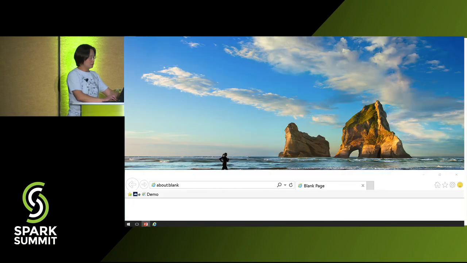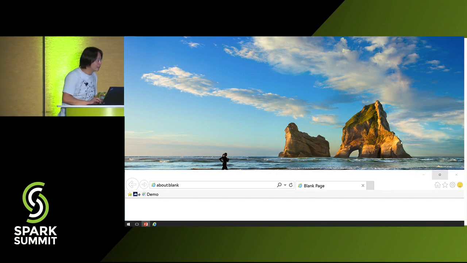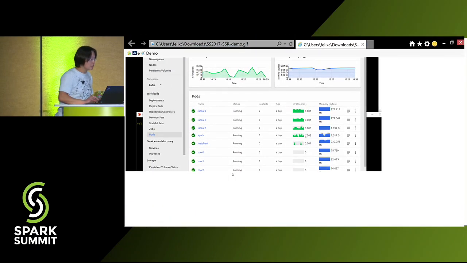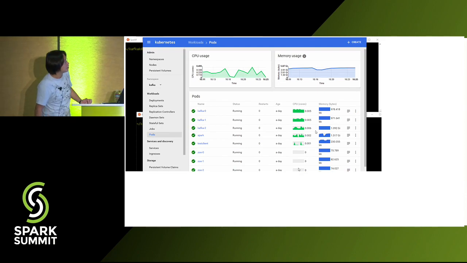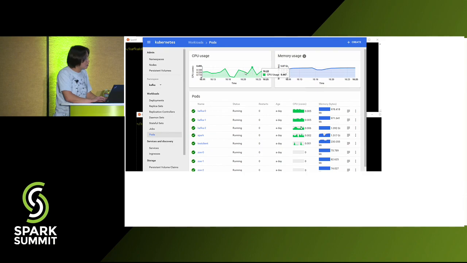So let's, okay. I can't see my cursor here, so it's going to, oh, okay. All right, so this is smaller than I thought it would be. So let's see if I can make that better. So what I have here is,